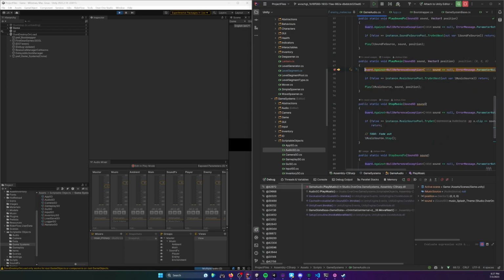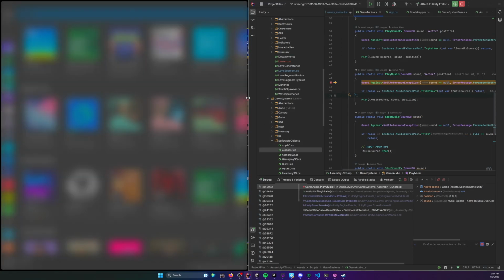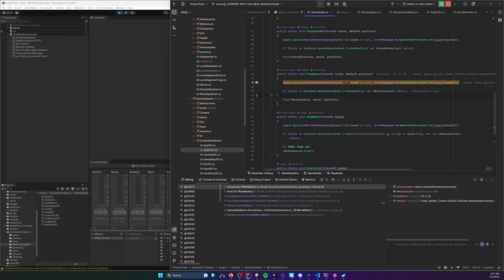The initial execution here, and now if we look at this watch window here, we can see we're trying to play the music splash theme, right? It's a scriptable object, and we can see that if we step up this call stack,